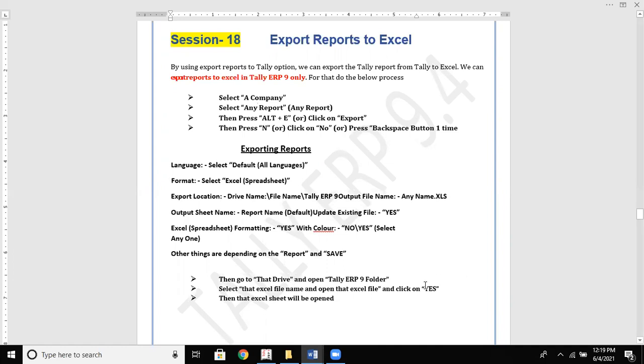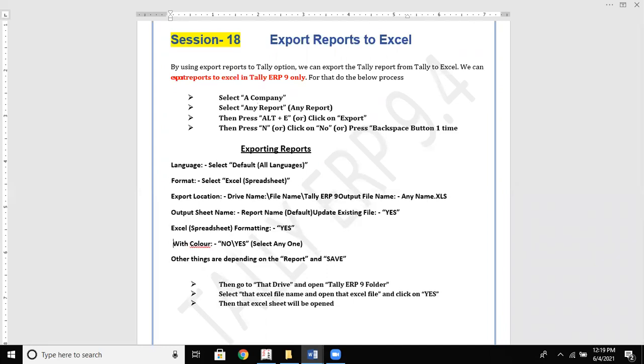Output sheet name: the report name, which report sheet name you want. Excel spreadsheet formatting: whether you want to export with color or not. If you want color, you can say yes or no, anything. And whatever other report parameters you want, you can go for.